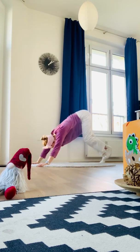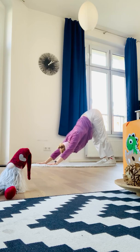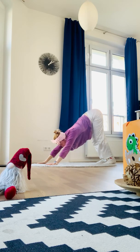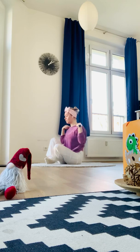Tiptoe and bring your back leg to the downward facing dog position. Breathe here 4, 5. 4, relax. 3, 2, 1. Look up front. Bend your knees and we'll just drop and sit directly on our back because